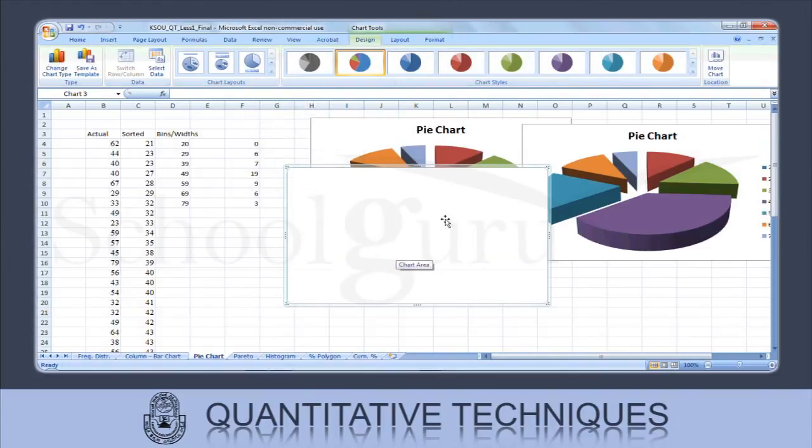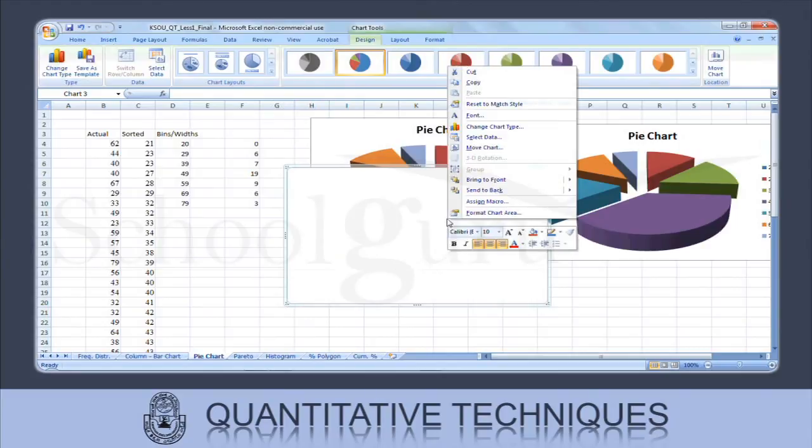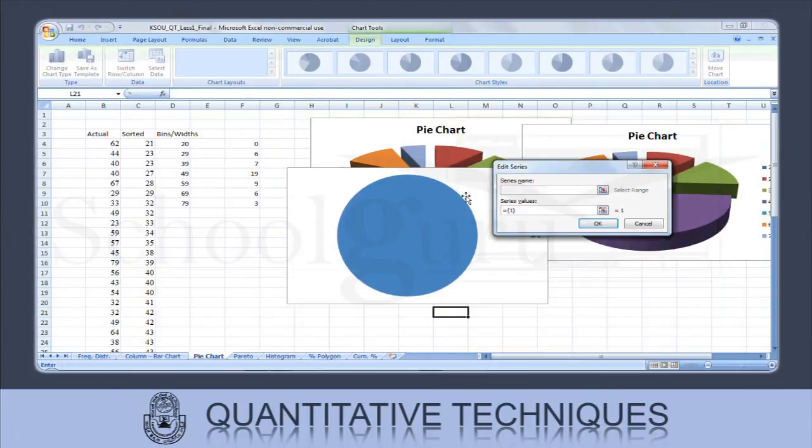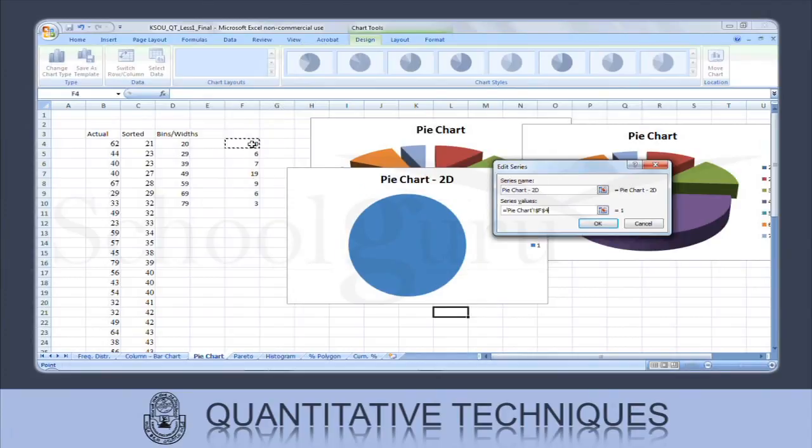Since it is selected, right click on it, click on select data, go to add, series name again pie chart. Let me put it as 2D. The series values are all the frequencies that we have.